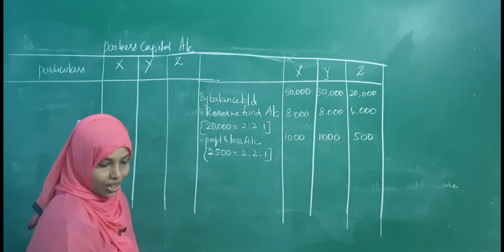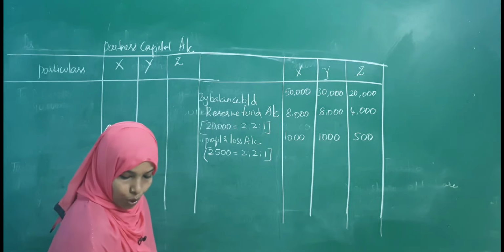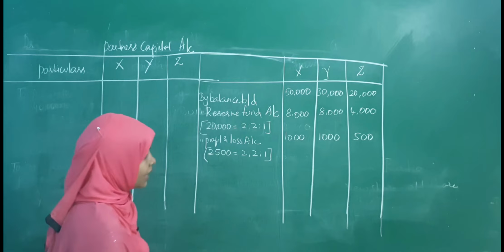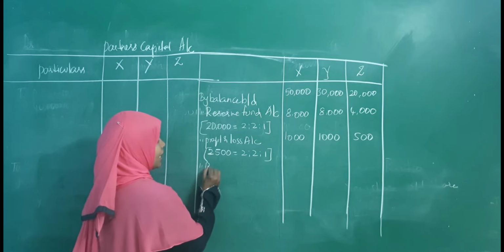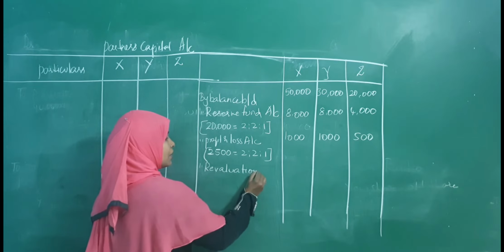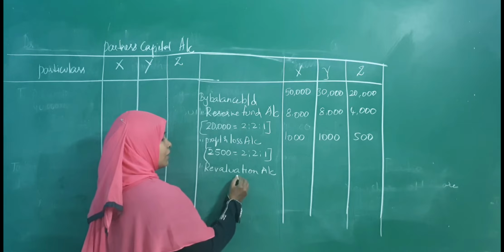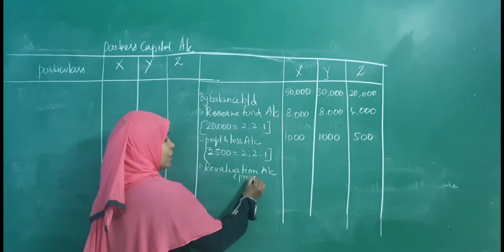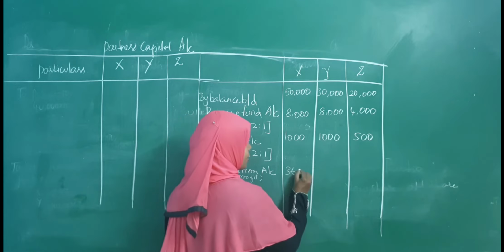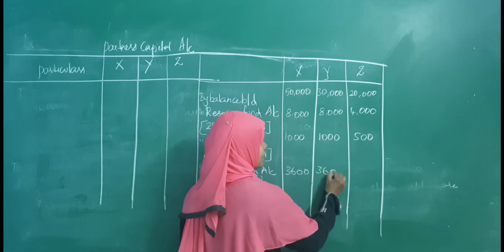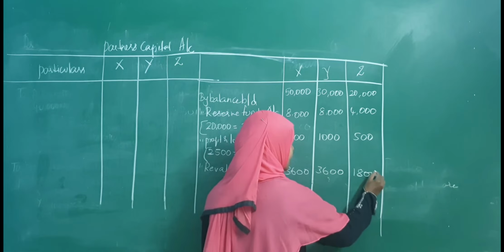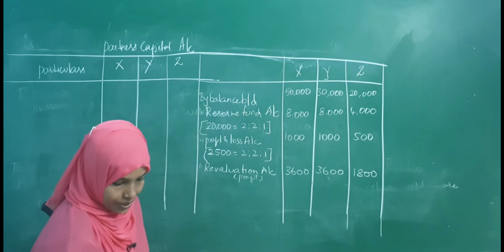Next, from the balance sheet we have transferred reserve fund, profit and loss and capitals. In the revaluation account we got the profit. That profit has to be transferred. It is in the debit side, we have to take it in the credit side. We have to write revaluation account. We got the profit, so write down profit. How much did we get? 3,600, 3,600 and 1,800. Fine, we have done with this.